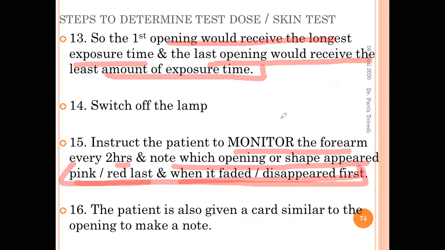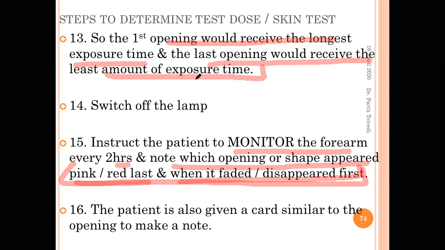Very, very, very important. So here I would like to use bilingual language also. Yes, though there are feedbacks to give the lecture in English only, but I am here using bilingual language. What we are supposed to see is the erythemal reaction in the shape where it appeared last and it faded first. मतलब जिसमें इरीथीमा सबसे लास्ट आया और सबसे पहले चला गया वो इरीथीमा हमको ढूंढना है. So that is your minimal erythemal dosage.